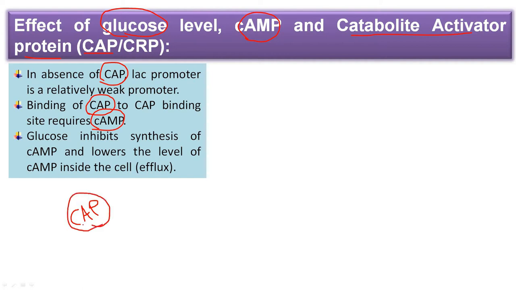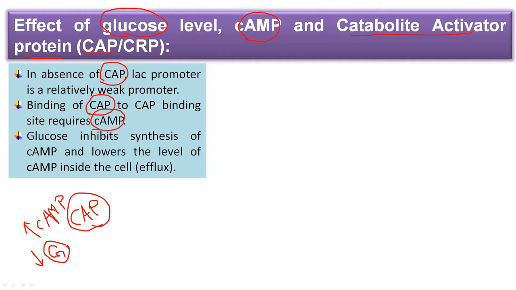Along with CAP, the bacteria also need a high level of cAMP, because without cAMP, CAP alone cannot bind to the CAP binding site. And third, the level of glucose must be low, because if there is a high level of glucose, there will be a low level of cAMP, and this in turn inhibits the binding of RNAP to the promoter